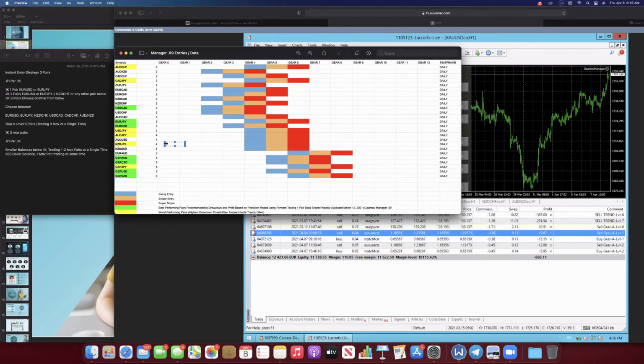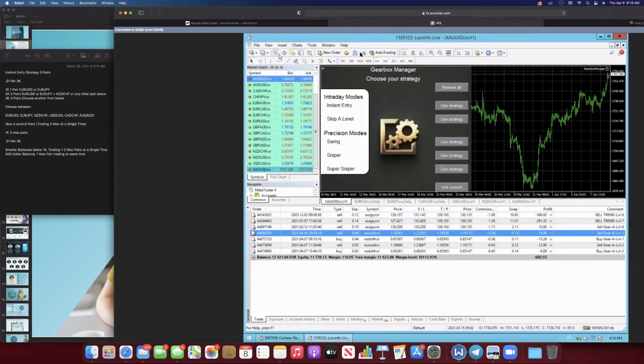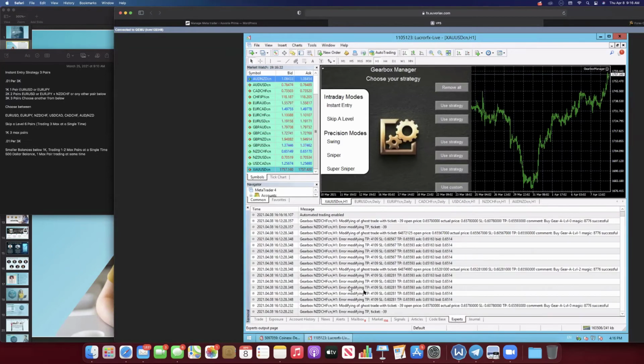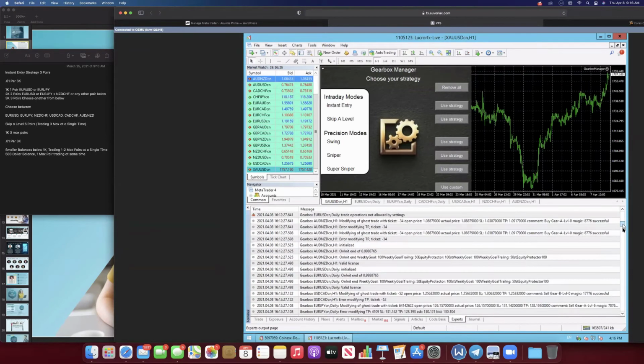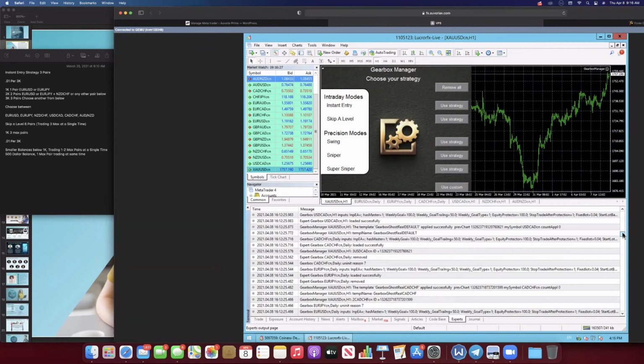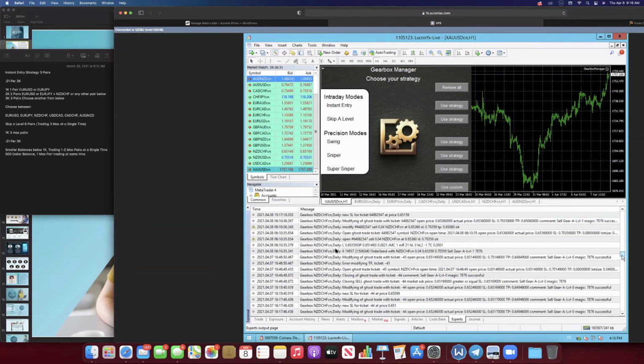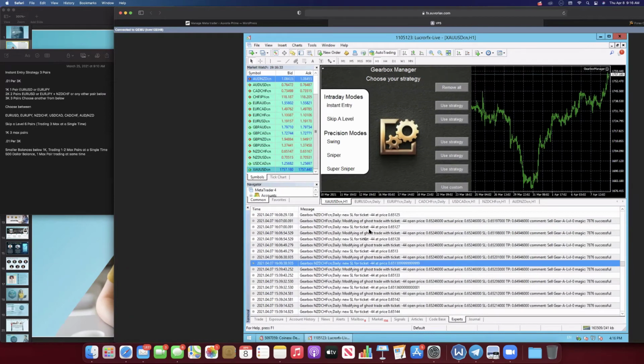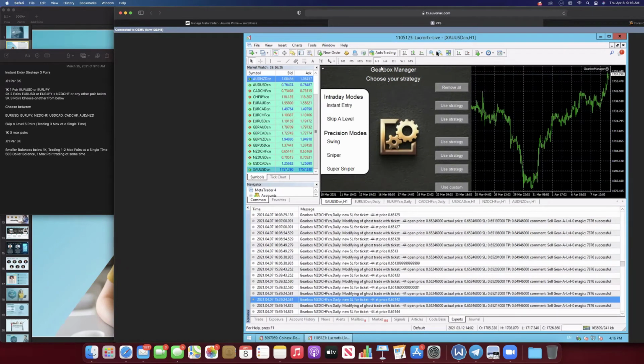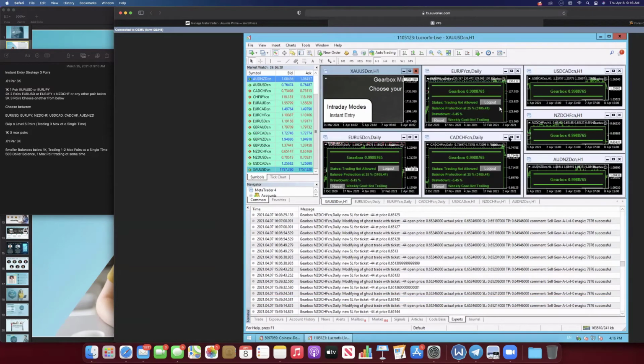So the question is, have you verified your setup, made sure everything's perfectly running, all the i's dotted and the t's crossed, such as auto trading is on. You go to the experts tab. You can ignore the error modifying TP message right now. That's actually irrelevant. It doesn't mean anything right now. But if you don't see it actually trading, taking ghost trades, modifying ghost trades, all this stuff, there could be an error.